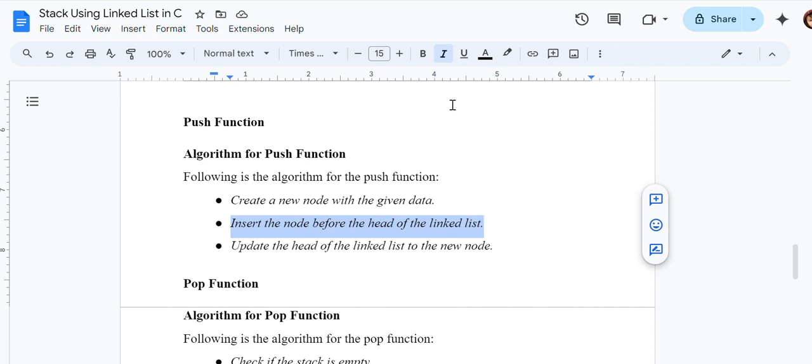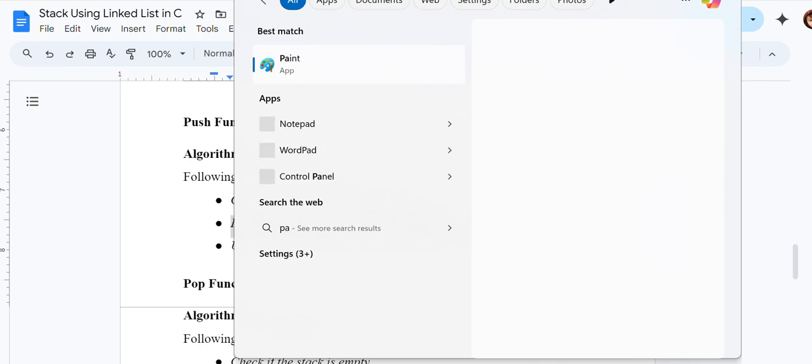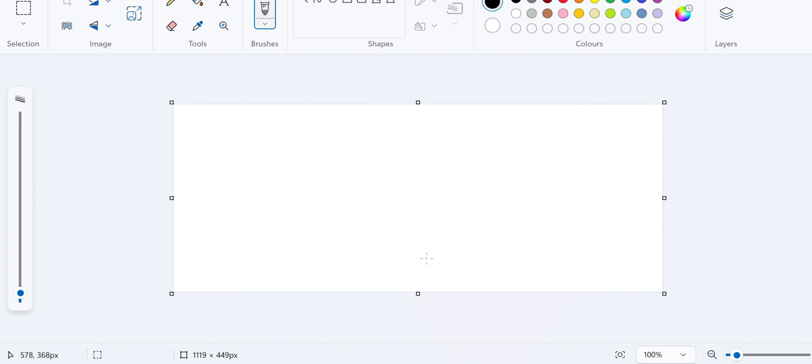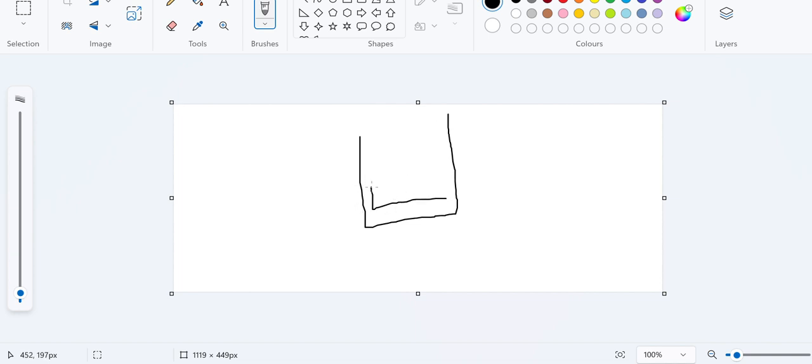Just think in the manner that we have a stack in the linked list. We know that a stack is open at only one end, like this. So once your node of the linked list is created in the empty stack, just assume that it is a node with two members: one is data, the other is next, a pointer to store the address of the next node.